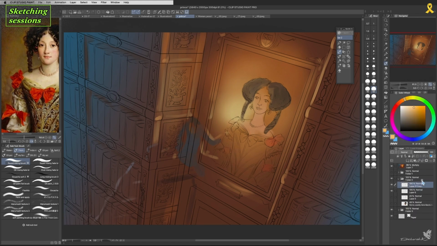I converted it to multiply as well, and put it above all my layers, because I need to proceed coloring